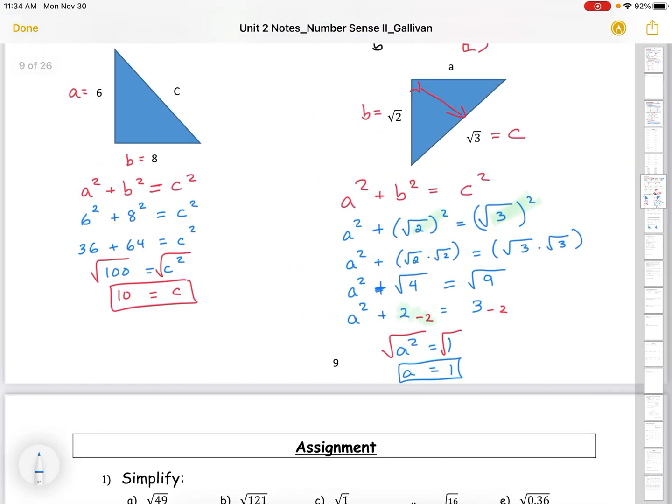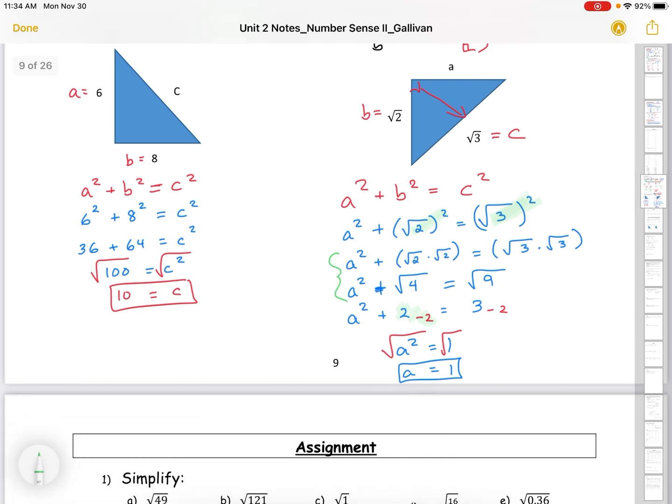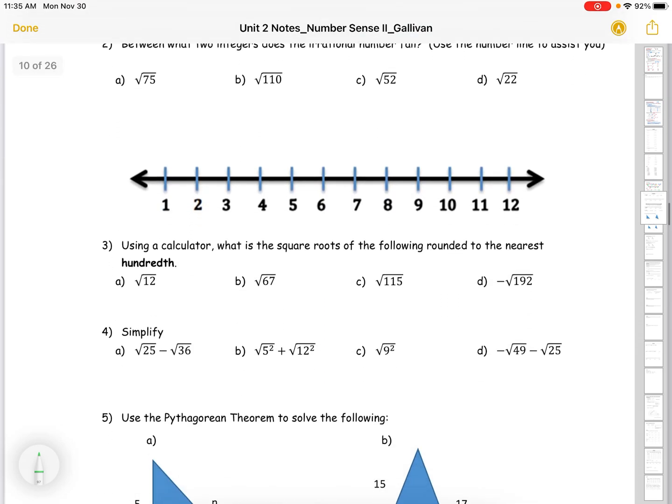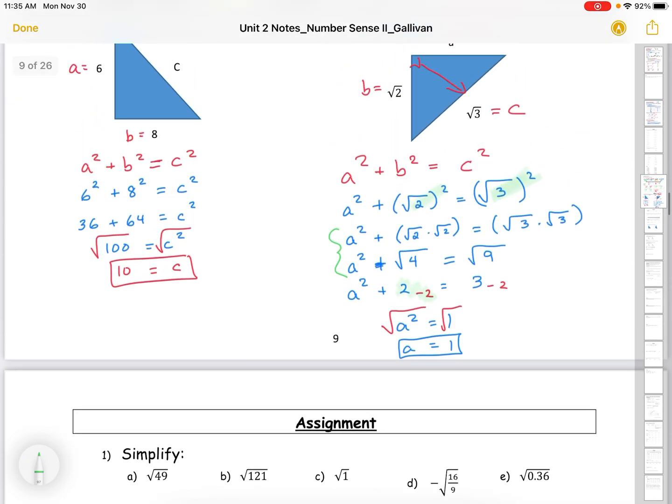Okay? Now again, these steps here, I just wrote them out so you knew what was happening mathematically. You should be able to make the jump from the second step to the fourth step, or fifth step, okay? If you can't, write it out, it helps, and then away you go. So this is our work with square roots. We've done exponents, so you've got some practice to do, and there's some other worksheets for you to